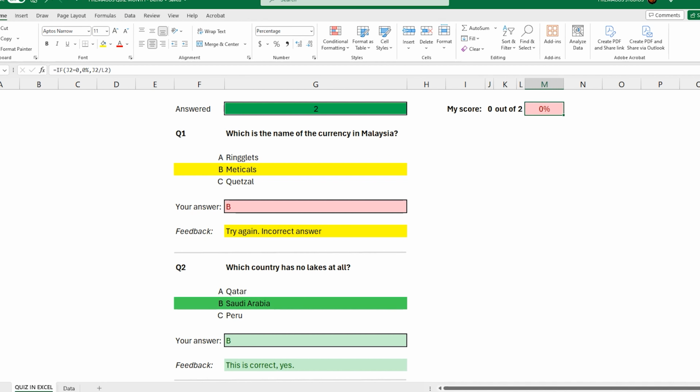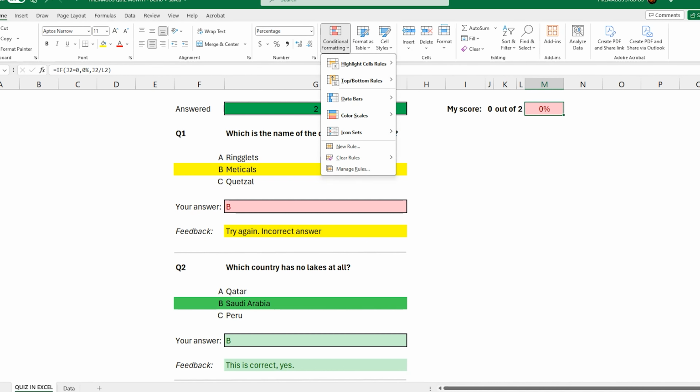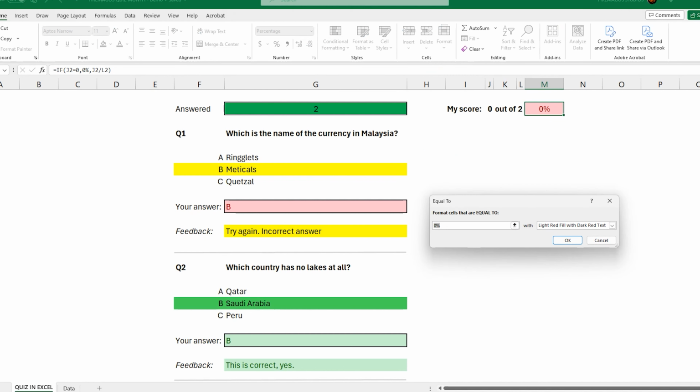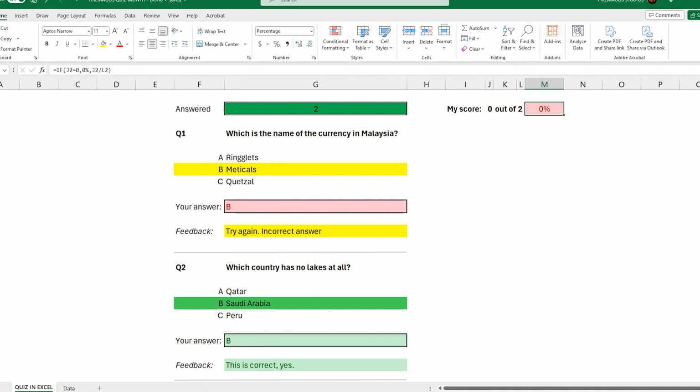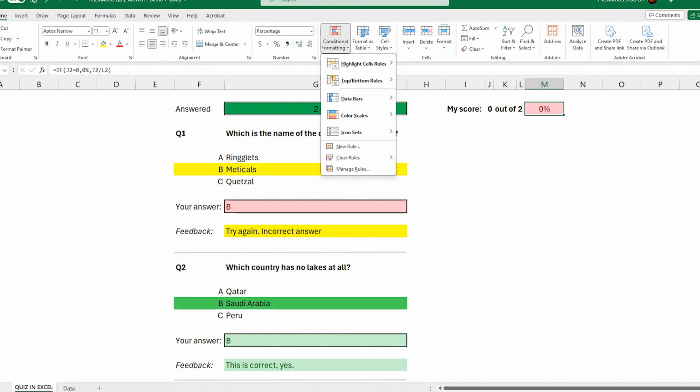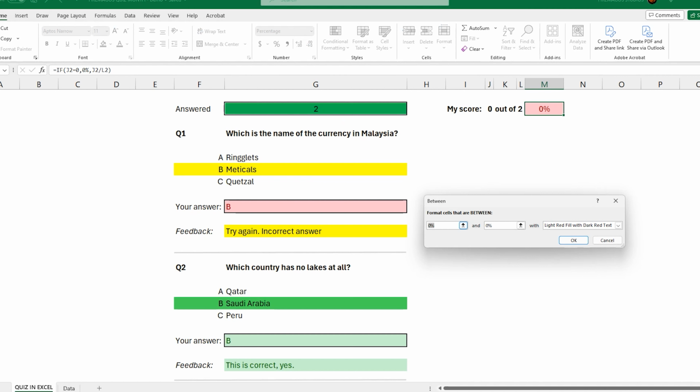Then for the formatting, it's going to be quite straightforward. We can highlight the cells that are equal to 0 as red and press OK. We don't need because it's already formatted. Then highlight cells that are between 1% and 99%, for instance, to put it yellow and OK.